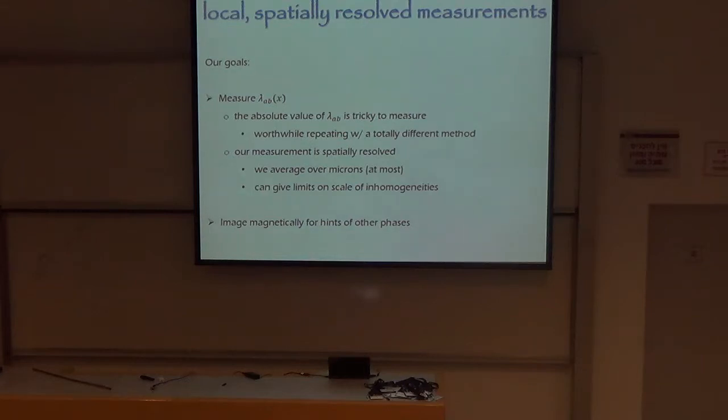So that's in any case. In addition, our measurement is spatially resolved, and so we don't average over the whole sample. We can tell how each part of the sample behaves. We average on regions that are micron. So, for example, if there are inhomogeneities, we can maybe see them, or give limits on them if they're absent. And in addition, our probe is magnetic, so we can look for magnetic phases while we're doing this kind of